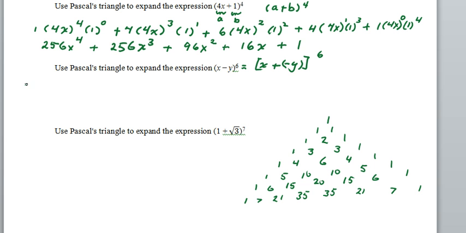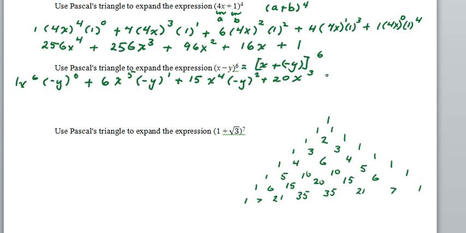So we start out with 1x to the sixth times the opposite of y to the 0, plus 6 times x to the fifth times the opposite of y to the first, plus 15 times x to the fourth times the opposite of y squared, plus 20x cubed times the opposite of y cubed, plus 15x squared times the opposite of y to the fourth,